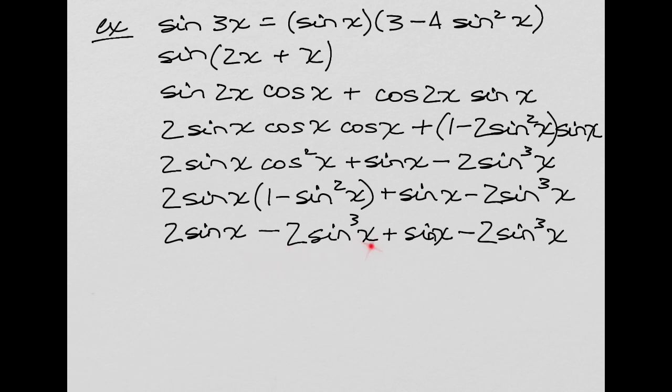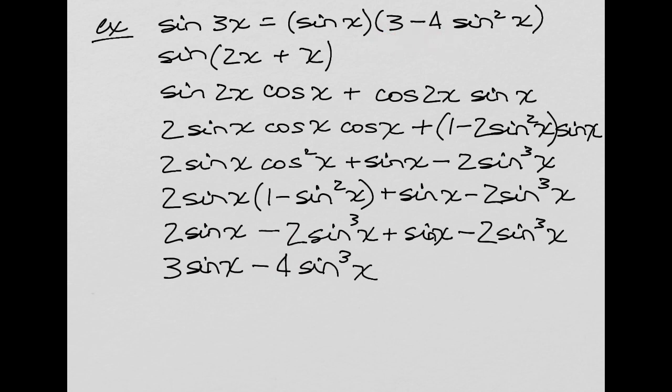I got a couple of terms that have sine cubed in them, a couple of terms that have sine x in them. Let's combine. I have 2 sine x plus another sine x. That sounds like 3 to me. And negative 2 minus 2 is minus 4 sine cubed x. So I'm still not quite there, but I can see the 3 and I can see the minus 4,